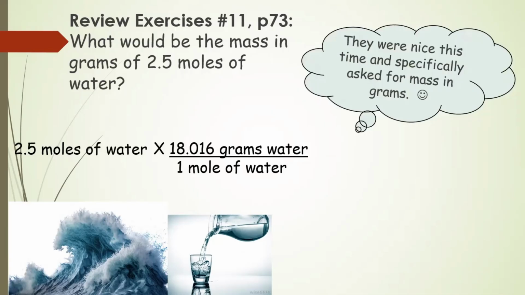That gives us 18.016. So multiply those, and the moles of water cancels out. So 2.5 times 18.016 is